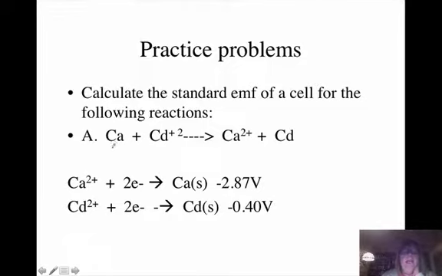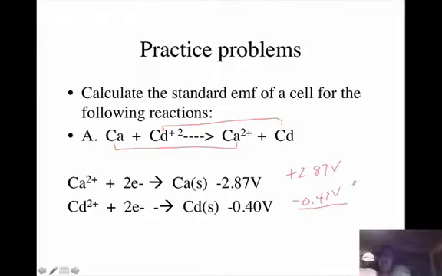All right, but here we've got our calcium being oxidized, and so we want to flip that equation around, which means that is a positive 2.87 volts. And the cadmium, look how this equation down here matches what's happening up here, which means it's being reduced. And so we are going to keep that sign the same. It's negative 0.40 volts. And so when we add that together, we are going to have a cell voltage of,